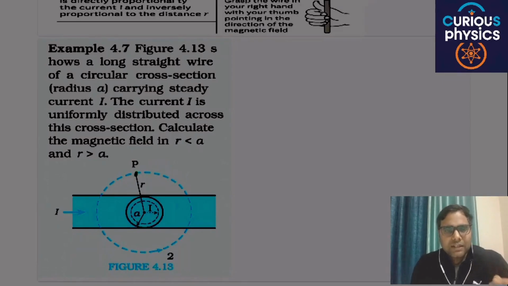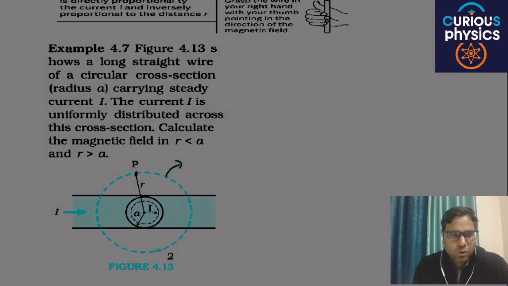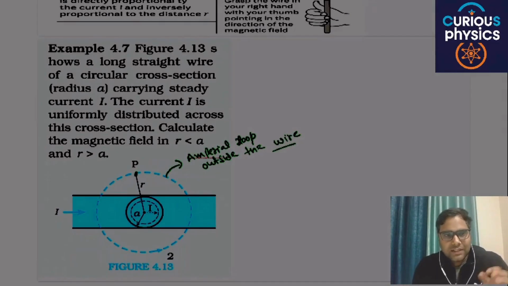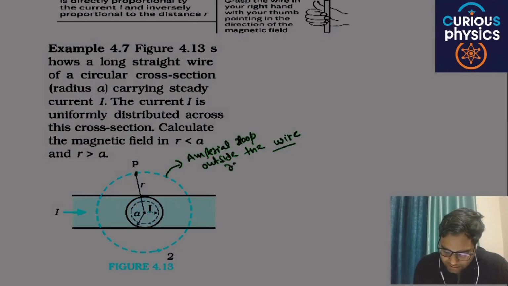So outside this particular wire, consider an Amperian loop. This is an open surface, closed loop. This is the Amperian loop outside the wire. Firstly we will consider the case r greater than a.